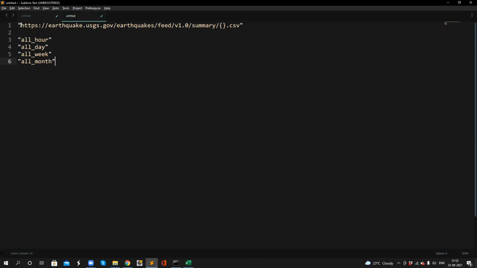We have the link of the data and the extension of the file is .csv. In the brackets, the link is the same, but the only thing is we need to change the input value here. If you want hourly data, then we simply replace the brackets with all hour. And likewise, the rest of the values are passed.